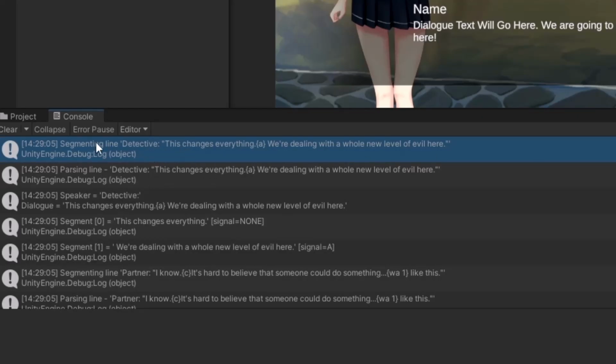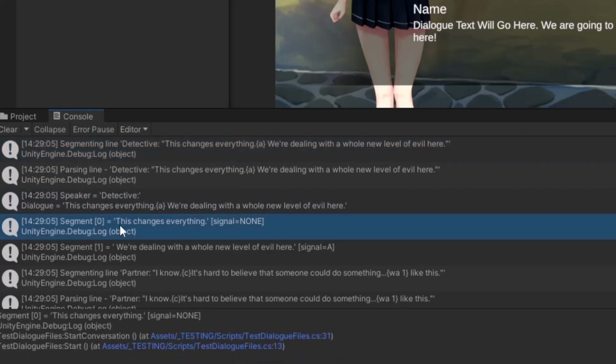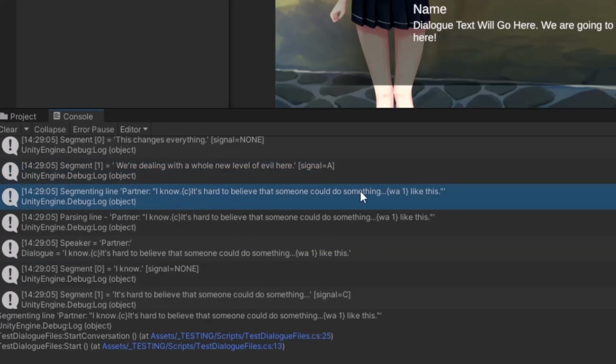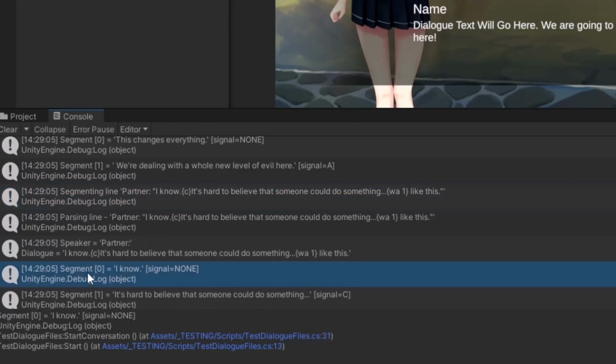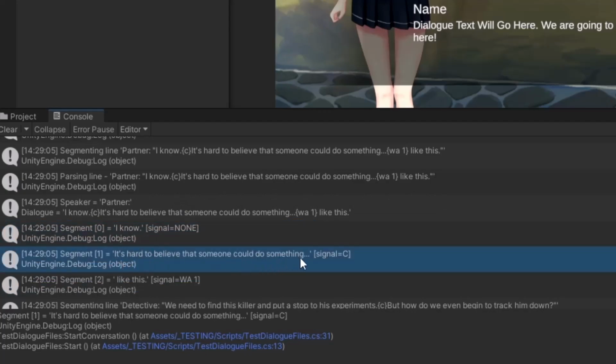so let's take a look at this first line. We only have one or two segments here, split up by the appending signal. So we find speaker, we find the dialogue, and then segment 0 is identified as this changes everything, which comes before the appending signal. The signal is none. And then segment 1, the second one, is everything that comes after that, including that little space, so it is appending. And this signal equals A, which means append. Great. Now we have C and WA in this line, and of course segment 0 is I know, which comes before them both. And then it's hard to believe someone could do something,